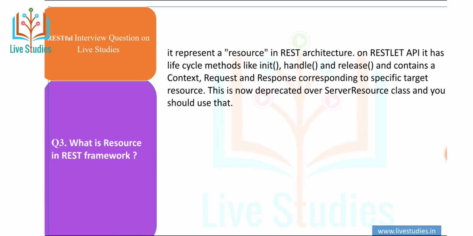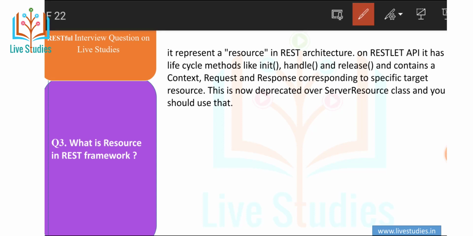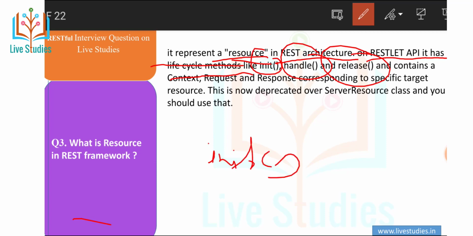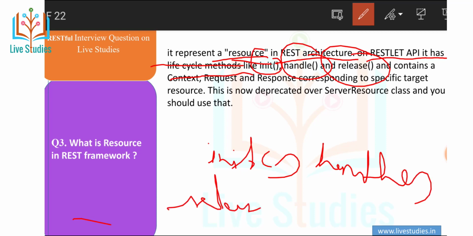Another question is, what is a resource in a REST framework? In the RESTlet API, a resource has lifecycle methods like init method, handle method, release method, and contains context, request and response corresponding to the specific target. This is now deprecated in favor of the server resource class, and you should use that, meaning you can use the init method, handle method, release method. Okay,